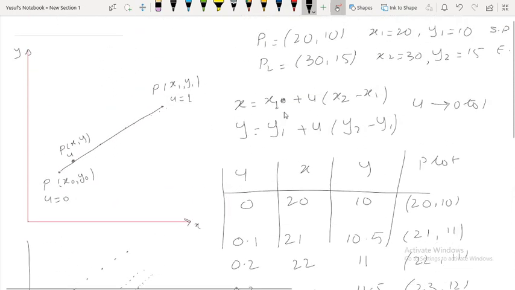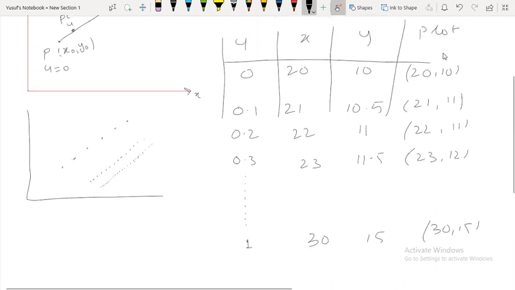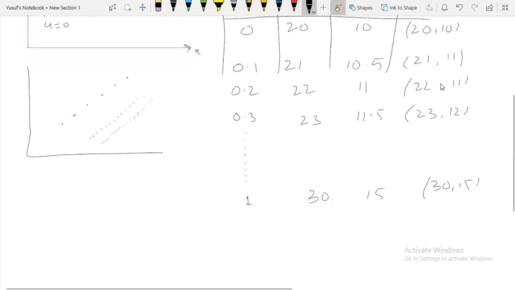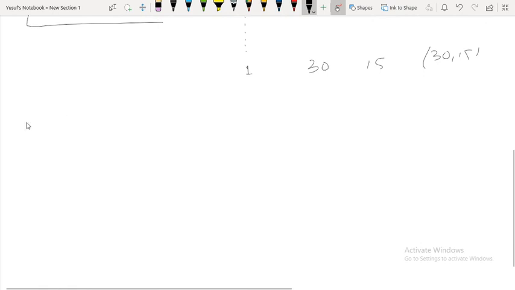So you have to vary this parameter, and by using this table you are supposed to plot the points, for example 20, 10 with some color. This information you have to give the computer, in tabular form or as a loop in a program, as the pixel number and color: 20, 10, red; 21, 11, red; 22, 11, red. In this form you give the input to the computer, then the computer will draw the pixels and it will look like a line.